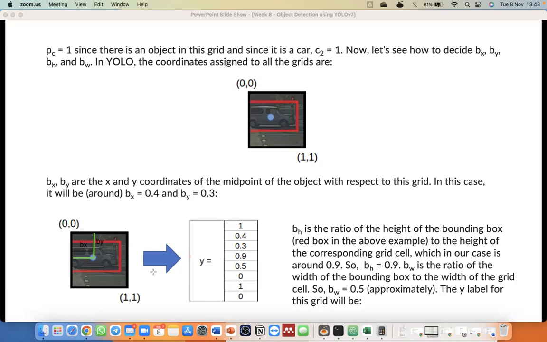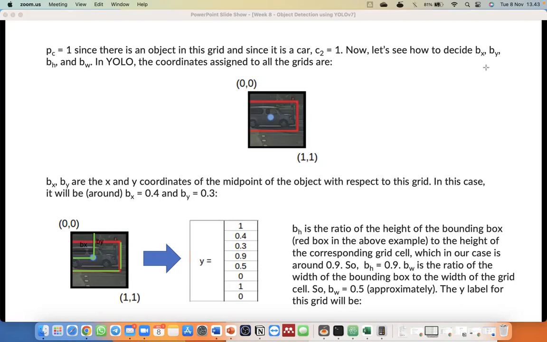Let's say this one has the ratio 0.9, because we have the line of the grid in this position. If we draw a line with this width, it's around 0.9. And what about 0.5? It is the width, approximately around 0.5.